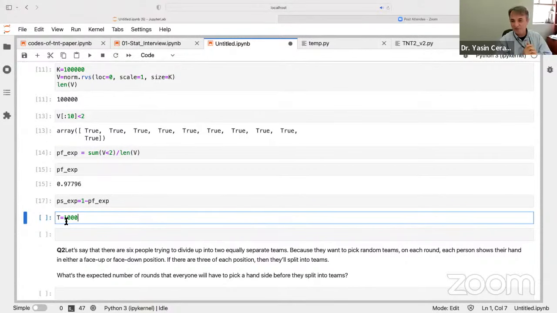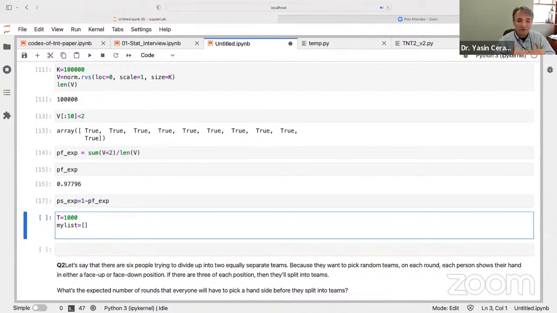Okay, all right, so let's do it then. I'm going to create an empty list. This list is going to hold the total number of days for each person. And I'm going to go for each person, so I'm going to execute this iterative process for each person. I need two values. One for counting how many times it takes, the other one is the number that I draw. So J will be used for counting how many times it takes for a single person.